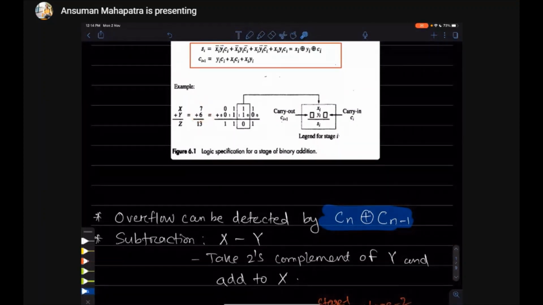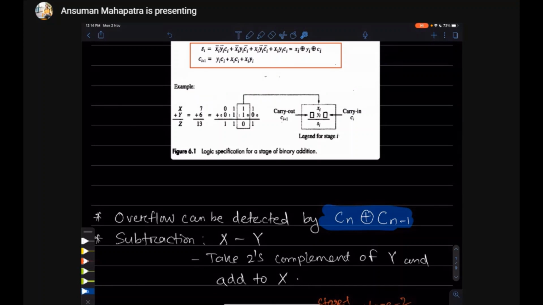Okay, so how many bits are required for 7 and 6 to express them in signed format? 4 bits, because 3 bits are required for representing 7 and 6, and 1 bit is required for the sign bit. As the sign is positive, we have written 0. Okay, this is 7, this is 6.